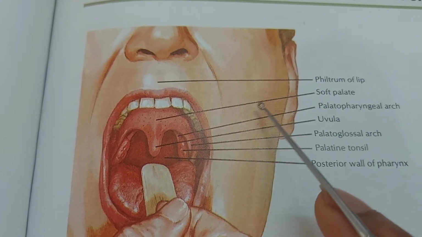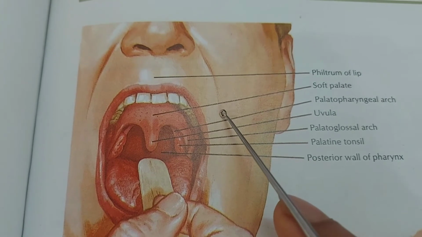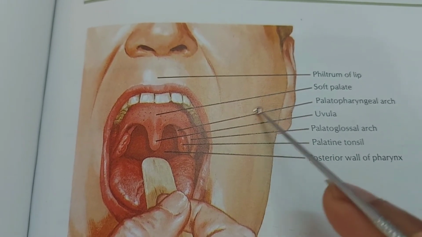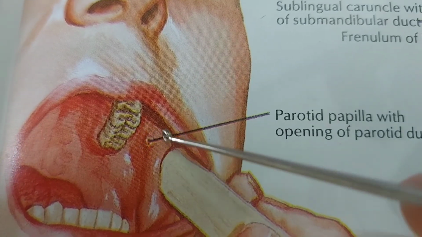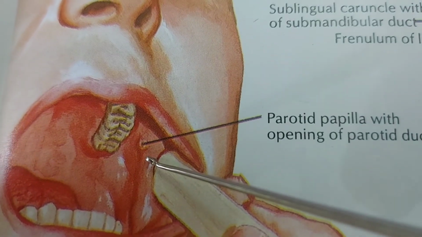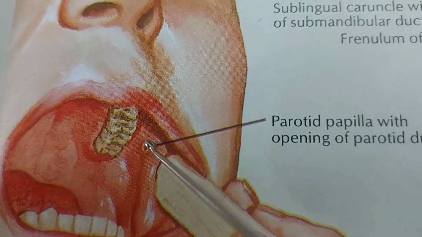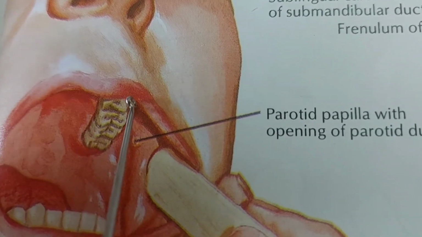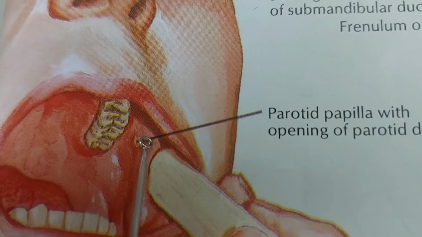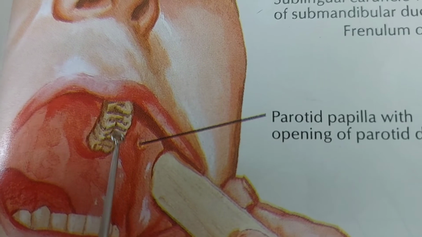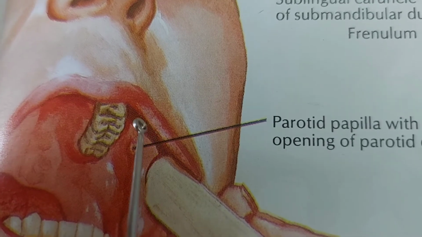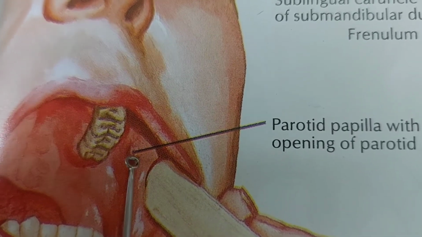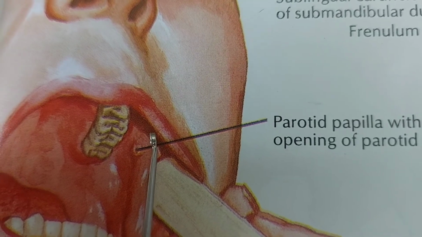And from this parotid gland, there is a duct known as the parotid duct that comes through this cheek, and it opens up in the vestibule of the mouth. Here we see the opening of the parotid duct with a papilla. This is situated opposite to the upper second molar teeth. This is the parotid papilla. Clinically, sometimes we can see some spots in here in case of a viral disease, measles, known as Koplik's spots.